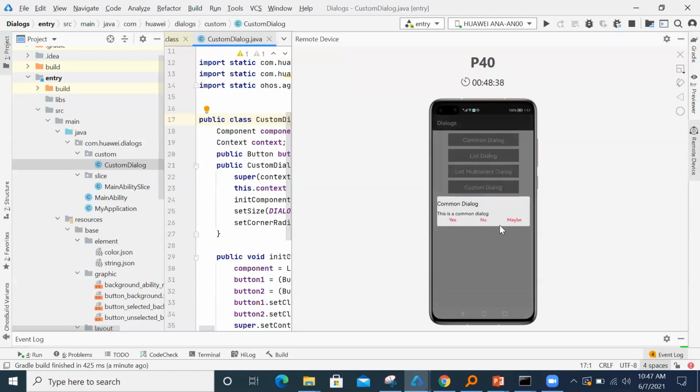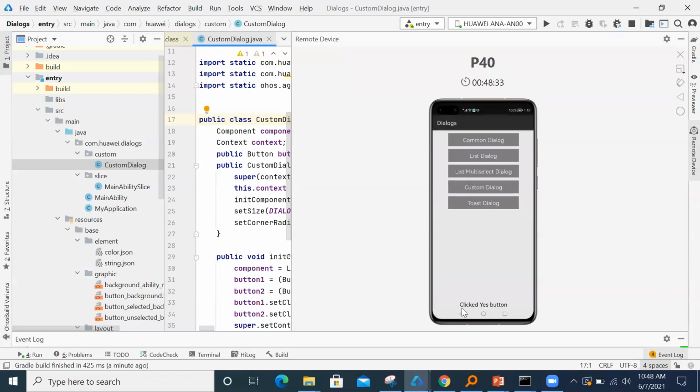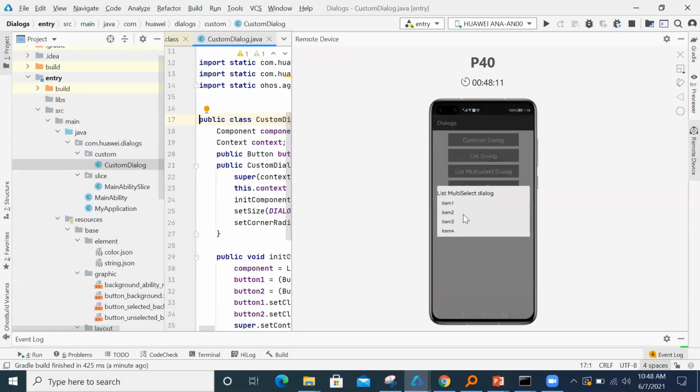I have the option to select yes, no, or maybe. Based on my selection, I'll display a toast telling which one was clicked. Next is a list dialog. This one also displays a list of items, and based on my selection, I'll show a toast. Next is the multi-select one. In the other case, we can only select a single one. Here you can multi-select items.